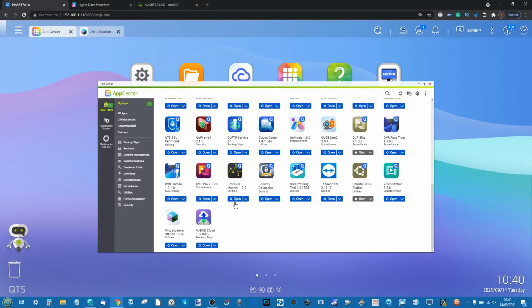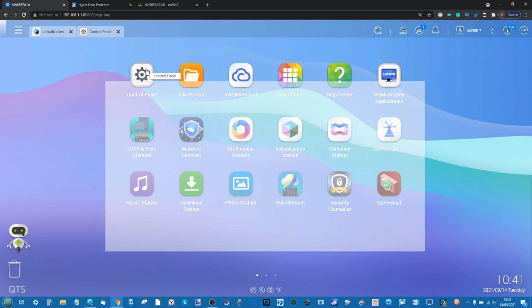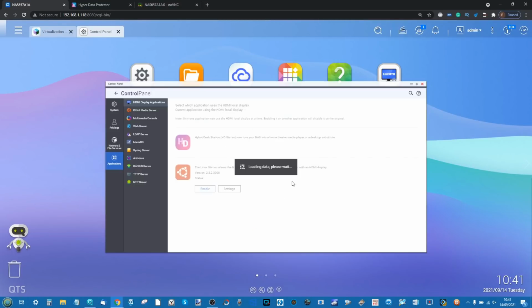Now, we've talked a lot about these services. I did actually overlook, when I was talking about multimedia earlier on, the HDMI output. If you have a NAS that takes advantage of an HDMI out, then of course you can portal into your NAS and deal with some applications there. Now, of course, we're recording this on the web browser, but it's worth highlighting that you can log in to the HDMI out on your NAS via the web browser, and from there it will allow you to not only see what's going on the HDMI out,